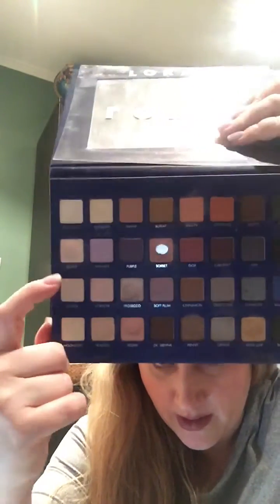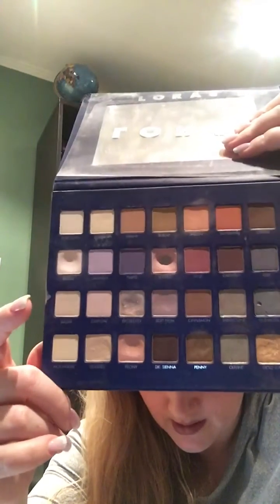So Prosecco and Bisque, you can see there are dips, and some in Peony, but Sorbet is just a transition-y kind of color for me when I do a lighter look. So that's in there. Then from the Too Faced Cocoa Contour, and I probably won't get to this until the spring or summer,